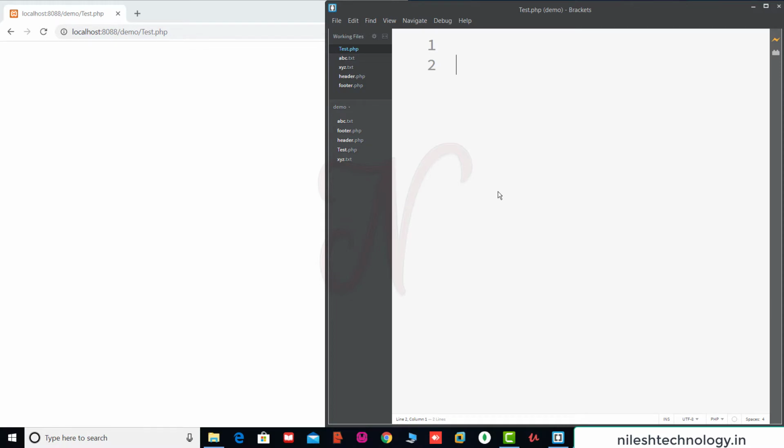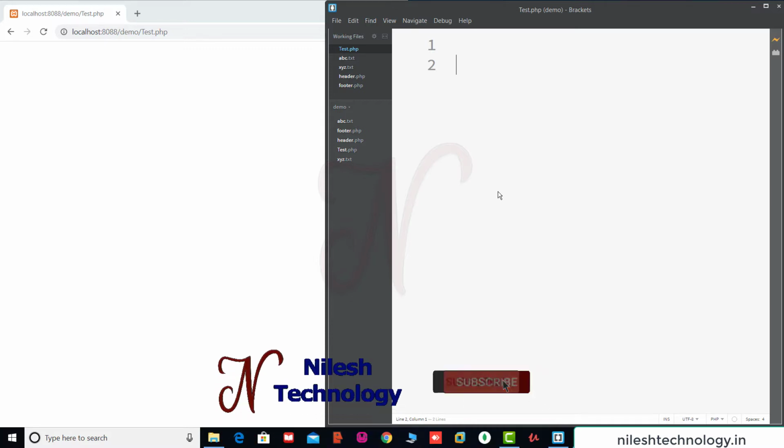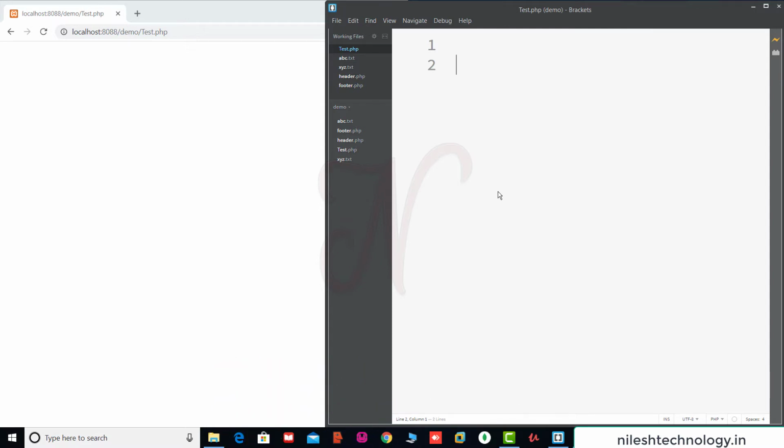So in this video we are going to see how to install Emmet in your Brackets editor. Emmet is a tool which is used to write code faster. It gives a lot of shortcuts, so by using these shortcuts there is no need to write your code line by line. It expands the code when you use the shortcut in your program.